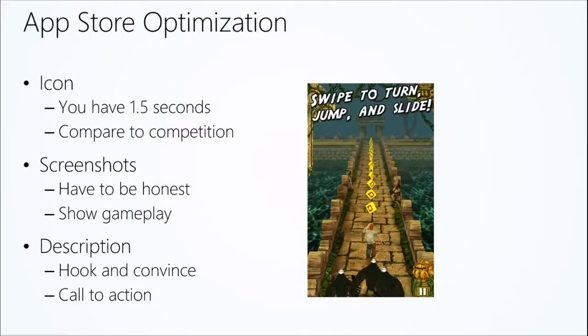Or for example, the icon. They'll take an icon, they'll make a really nice looking icon, they'll show it to their artist friends, they'll maybe show it to some focus groups, and they'll say, this looks great, and then they ship it. But it looks generic compared to other ones in a store. It's not a gaming example, but I like to use a to-do list as an example when I talk about this. So many to-do list apps out there have a checkbox for an icon.